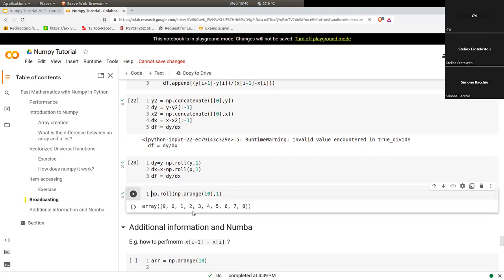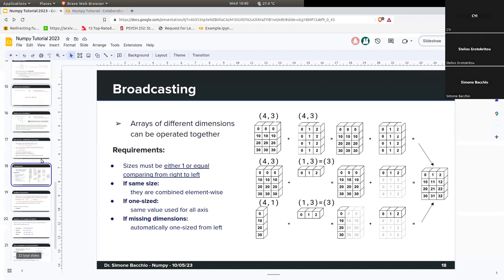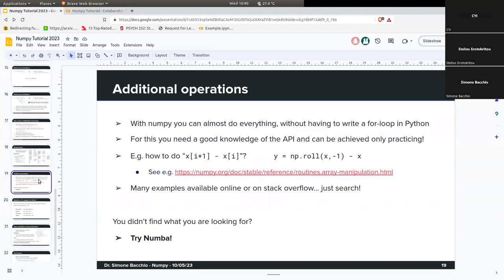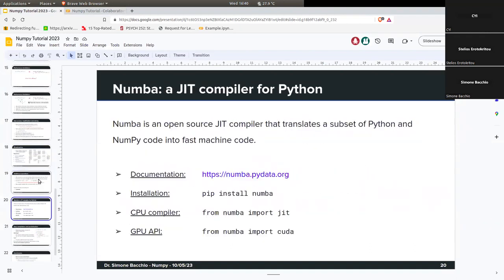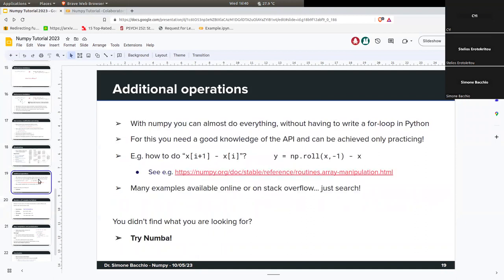Okay. So the last point is about NumPy. This is a topic that we will explore more in another tutorial, but this is just to give an idea. So what if, okay, this is an example that is a bit more complicated, but we solved it. What if